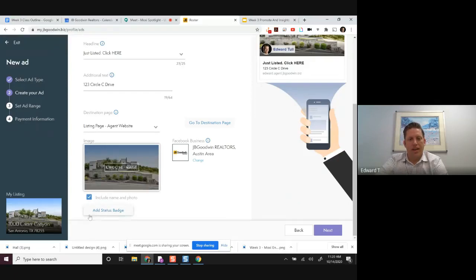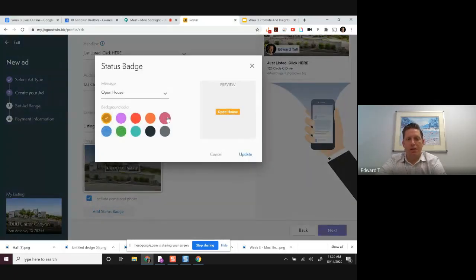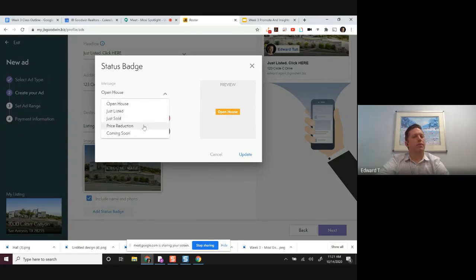And then if I want to add a status badge, click that. You can choose the background color of the badge, right? The orange is pretty close to our brand color, so I like to use that one. And your message options are open house, just listed, just sold, price reduction, and we can't use that one, right,